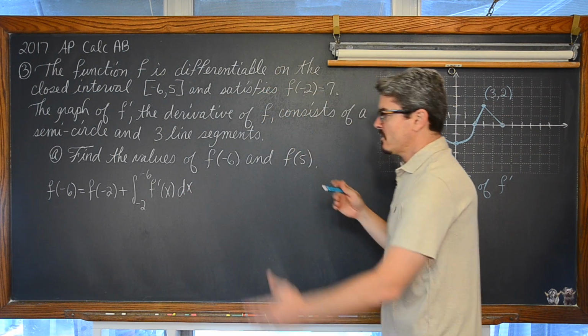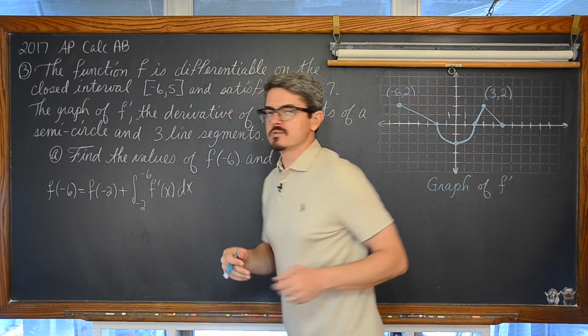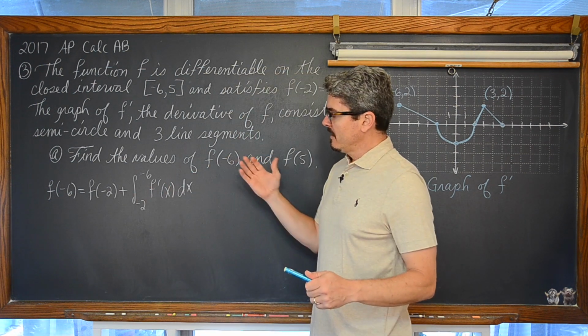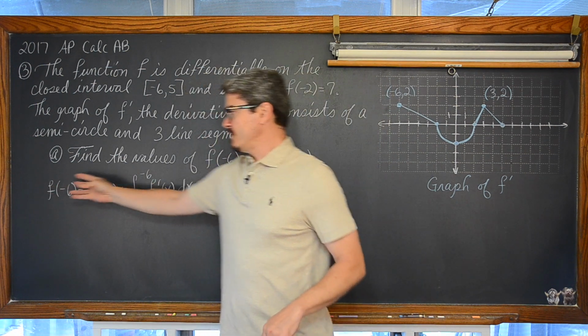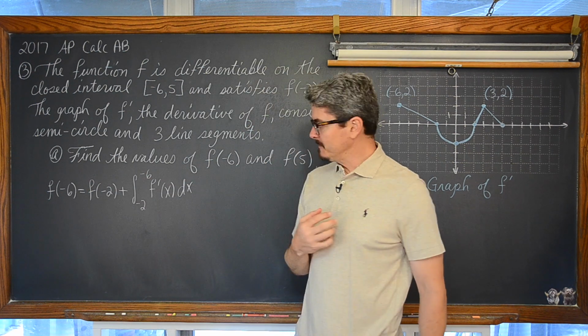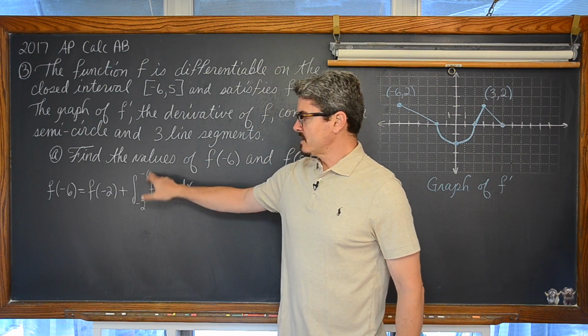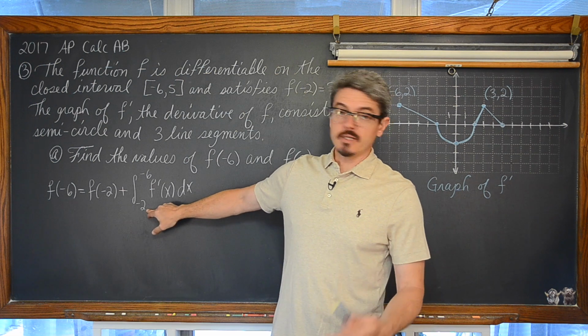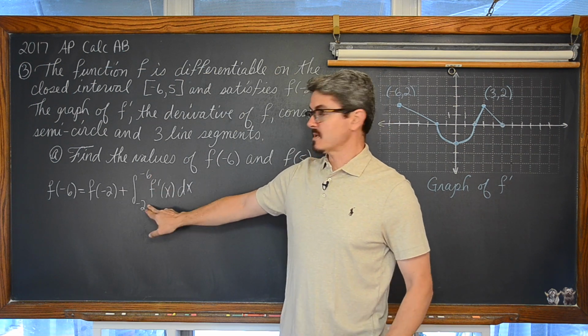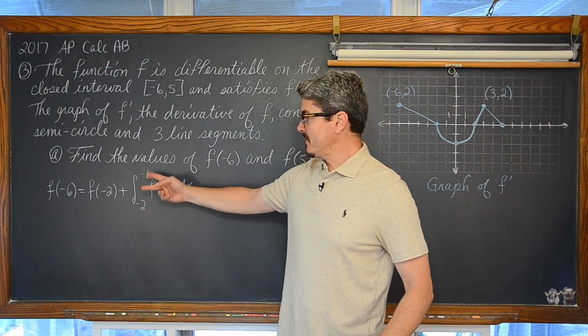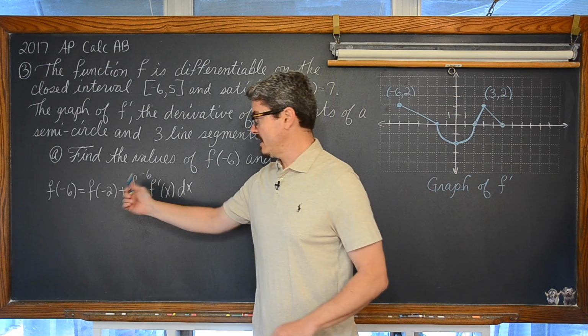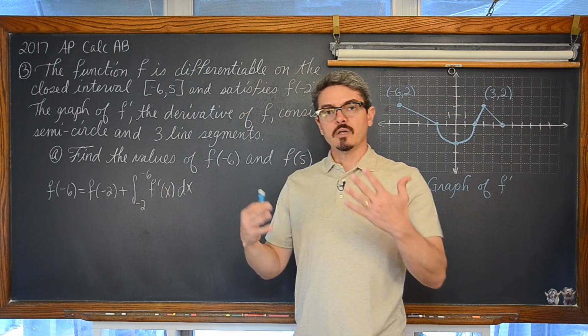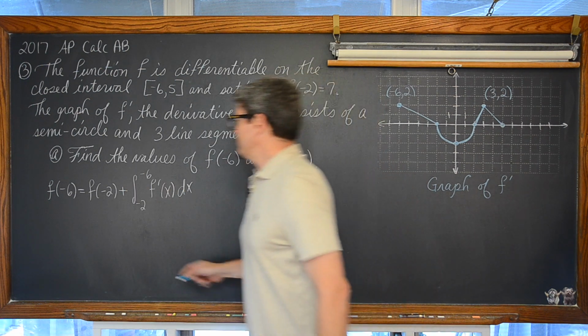Now, of course, there's a problem with the way that I've written this definite integral, and this isn't necessarily what needs to be your first line of work. It just works for me. The lower limit on a definite integral needs to be the lower limit, and right now it is not. -6 is lower than -2, so we're just going to swap these limits, and that means we're going to change the sign, in this case positive to negative, of that definite integral.